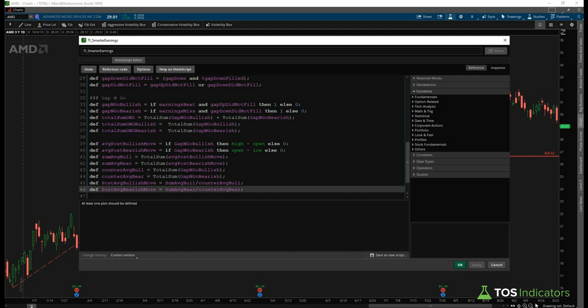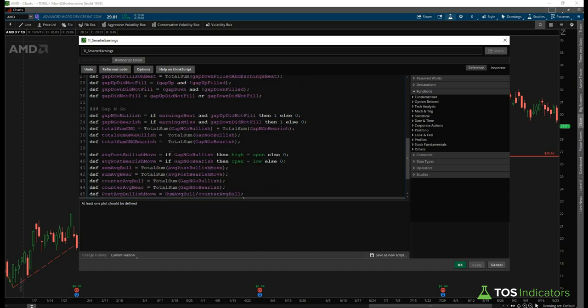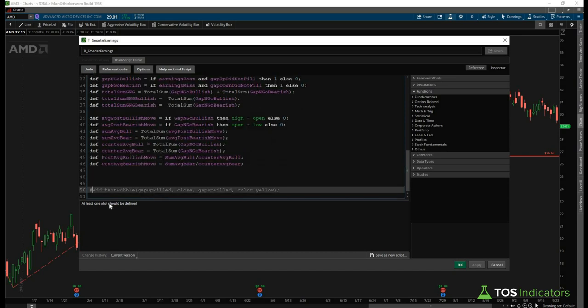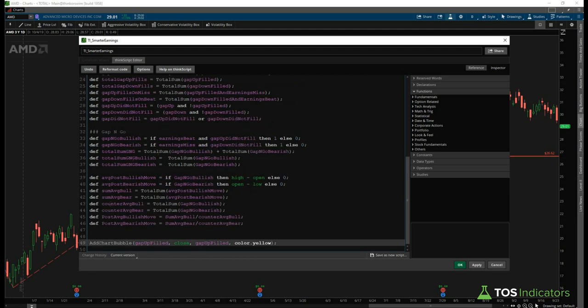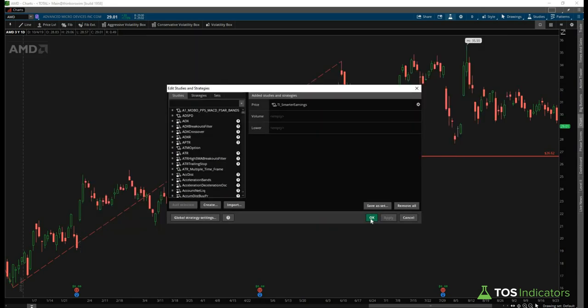Right, okay, and so that now gives us all of our variables that we care to look at, and we can now just check this variable one last time before we head on over to actually create our labels to assemble our first batch of indicators that we'll cover in this tutorial for the earnings as labels. And so we'll measure this last one, and let's just say we'd like to measure the gap and go bullish. And so we'll say gap and go bullish, gap and go bullish. And if this is true,